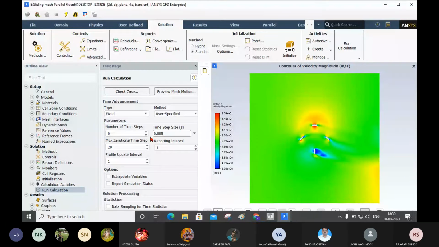If you give the smaller size, then it will not create any stability issue. Okay, and this is the total number of time steps, 300. Now here these are the number of steps and this is the time step size. 300 into this one will be the total time, that is the product of these two. Okay, and here, number of iterations,